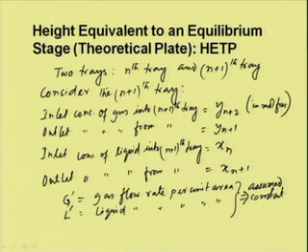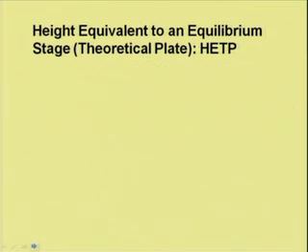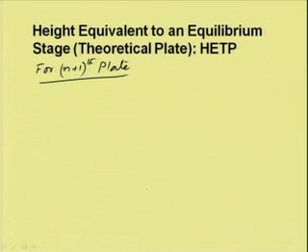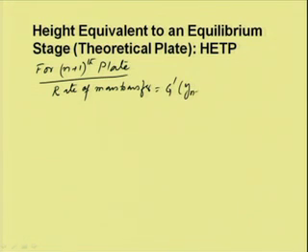Then, if we do the mass balance over the n plus 1th tray, for the n plus 1th plate, the rate of mass transfer is equal to G dash into y n plus 2 minus y n minus 1, which would be equal to L dash into x n plus 1 minus x n,